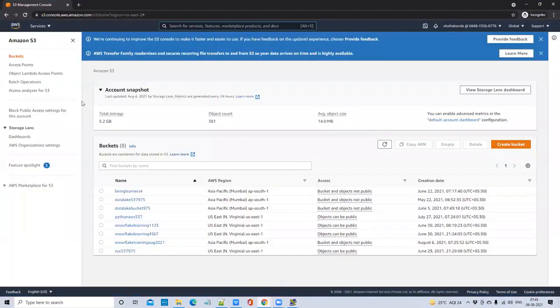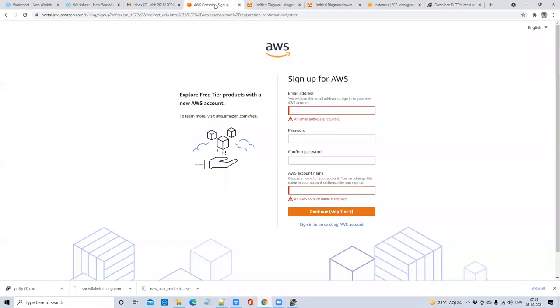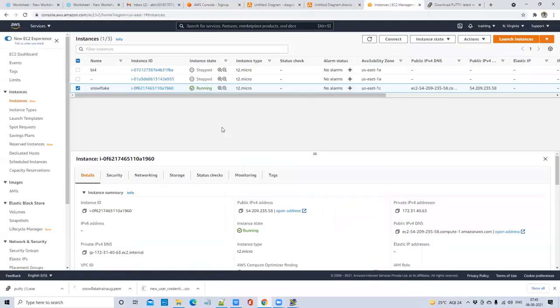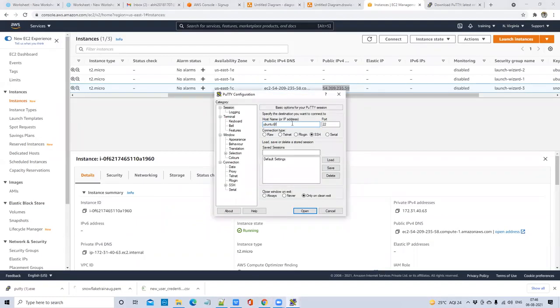Go here. Here you'll find an IP address. This is my public IP address. Just click on this, paste it here. Ubuntu @ my IP address.